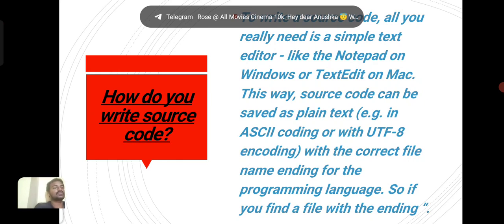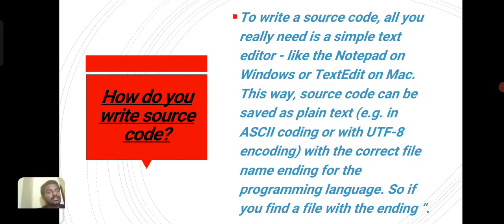To write source code, all you really need is a simple text editor like Notepad on Windows or TextEdit on Mac. This way, the source code can be saved as plain text, for example in ASCII code or with UTF-8 encoding, with the correct file name ending for the programming language. So if you find a file with the ending,